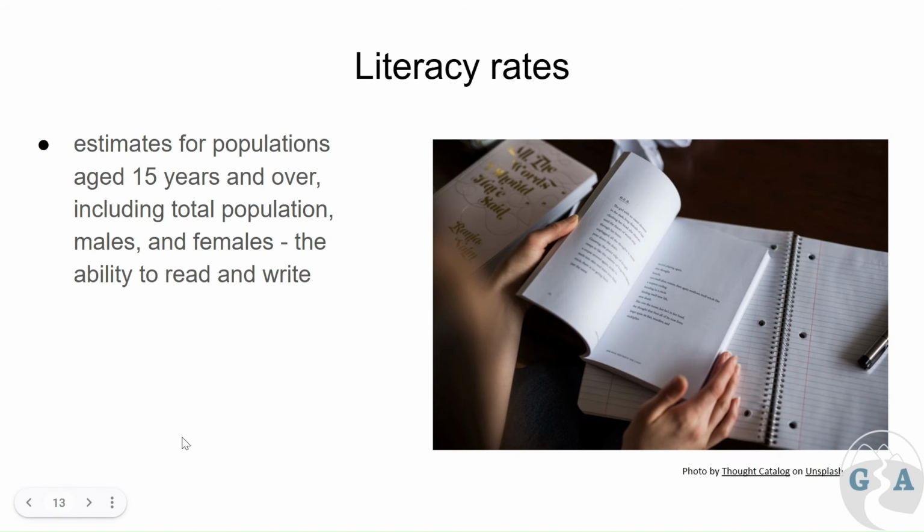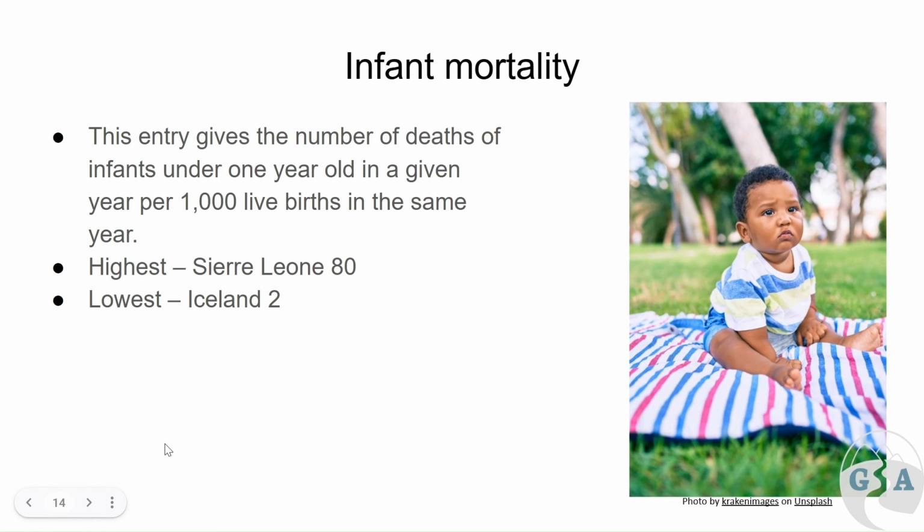Literacy rates show the amount of education in the country, and usually it's above 90%, and anything under about 80% will raise alarms on the education rate and development level, as well as the standard of living for children. The infant mortality rate can be very high in some countries, like Sierra Leone, and very low in other countries like Iceland. We can see that this is going to be a considerable impact on our understanding of a country and a measurement of whether they have good healthcare or not.